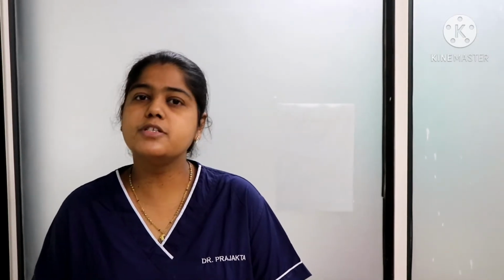Now, before going to mechanism of labor, I would like to tell you the types of delivery in breech presentation. There are three types of breech deliveries. First is spontaneous breech delivery, second is assisted breech delivery, and third is complicated breech delivery. I am going to tell you mechanism of labor in breech presentation. The most common position is left sacro-anterior, that is LSA. So I am going to demonstrate mechanism of labor in frank breech in left sacro-anterior position.